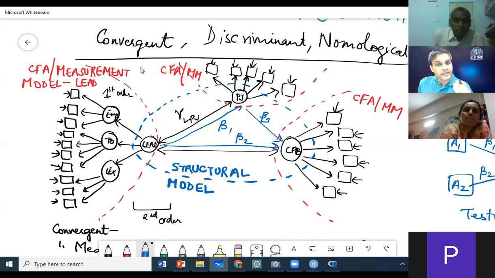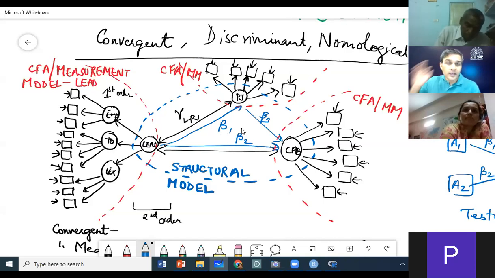So we will do CFAs first, and then we will do structural model testing, and we will prove beta 1, beta 2, beta 3. Beta 1 and beta 2 especially are related to our focal construct, and they are significant.